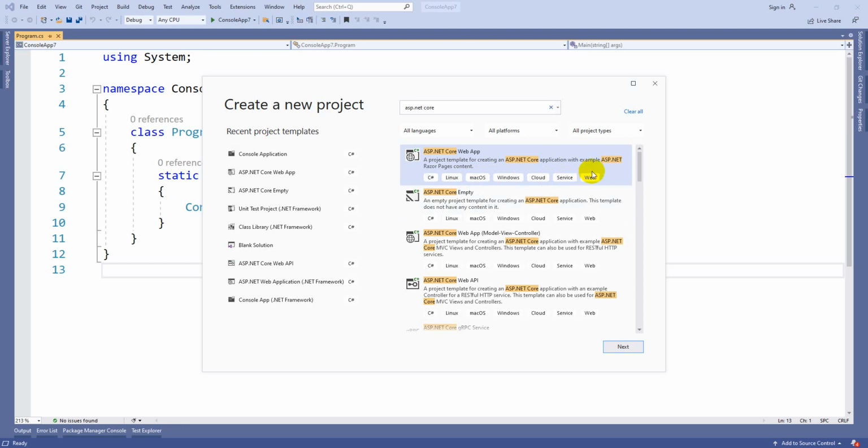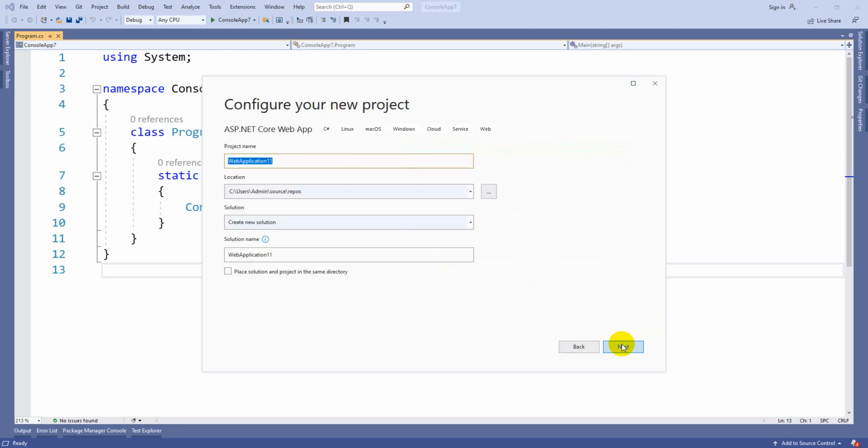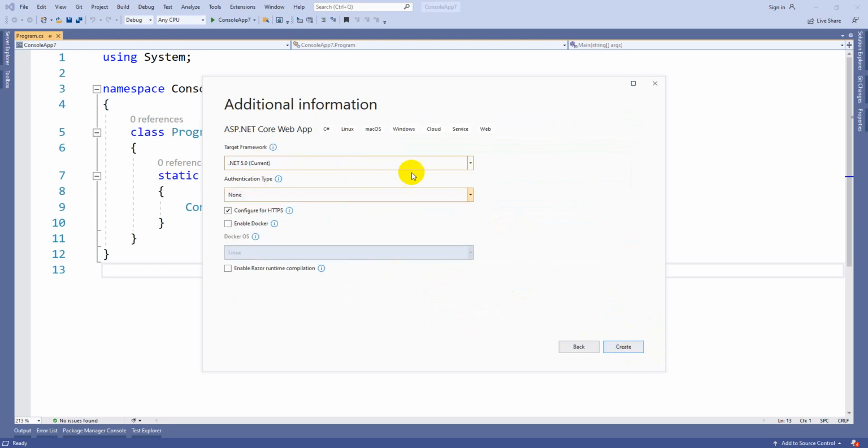Earlier we created a console application. You can click on next. So it is going to ask for the name of the application, path, all this you know. You can click on next. So here you can select the .NET Framework, .NET Core version. So I am selecting 5.0. I am unchecking this option, configure for HTTPS. If you click this option, every time it is going to ask for the SSL certificate. That is the reason I am unchecking, and the authentication type is none.